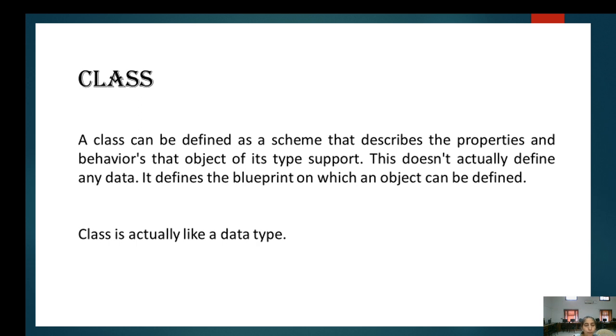Like if we want to define any student, we first have to define the scheme. The scheme is like this. For a student, we want to store his roll number, his name, his class, his subject, address, etc. While when we want to define a particular student, we define Sahil, roll number 1001 of BSc 1. So when we define or declare any data, we actually define the blueprint.